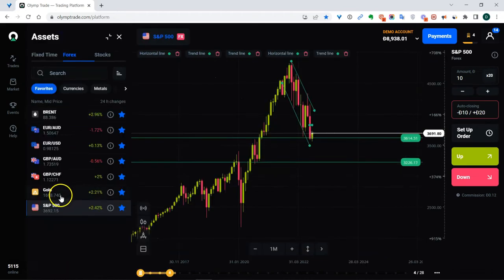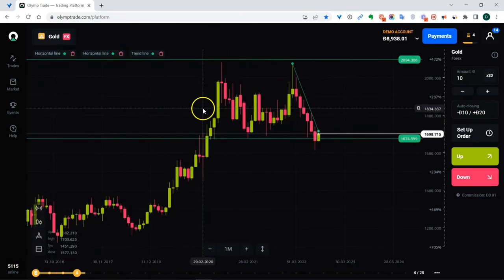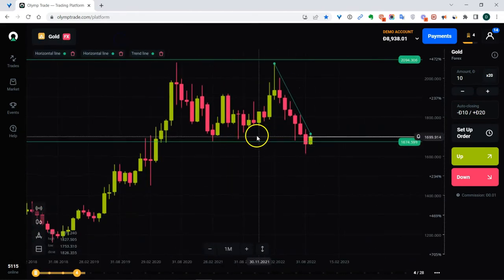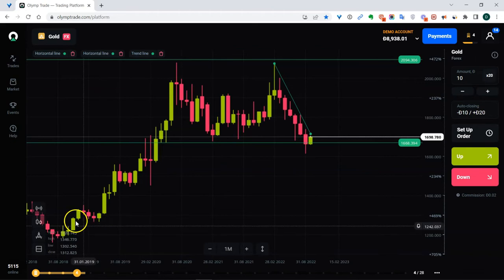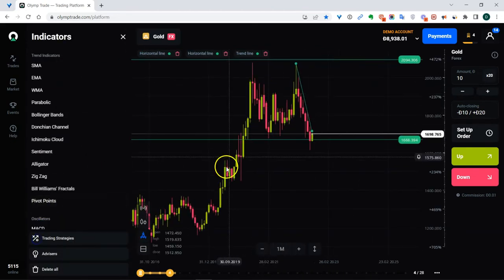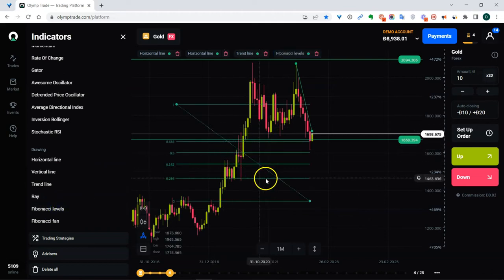Okay, next I'm going to go to gold. Let's look at gold here. Gold reached its target here with this line I marked out in the previous month's video, and if I draw a fib, it's now in this very obvious upward momentum. Now we got stuck in this very long-term range. If I draw a fib level,